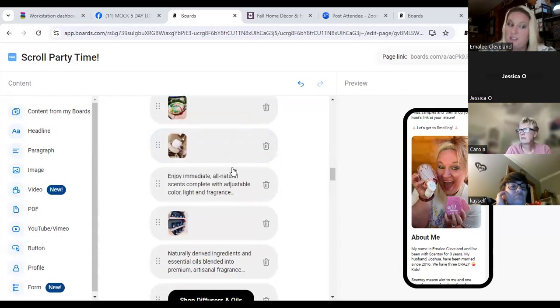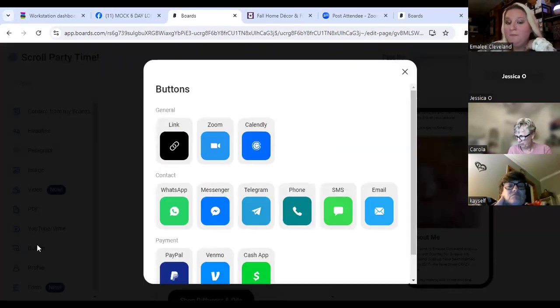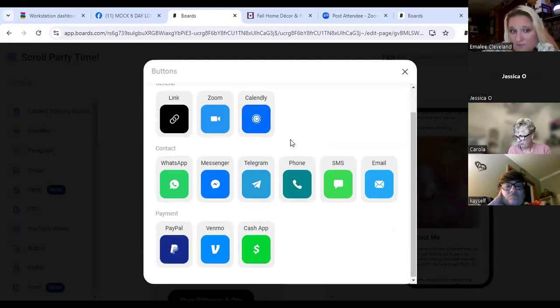And then obviously an image is an image. You can add a video in there if that's something you want to do as well. I have not done that in my personal scroll parties, but you can definitely do it. YouTube video, PDF, and then the really cool one right here is the button. This is what gets your customers to where you need them to go. So when you click on button on the side over here, you have an option to do a link,